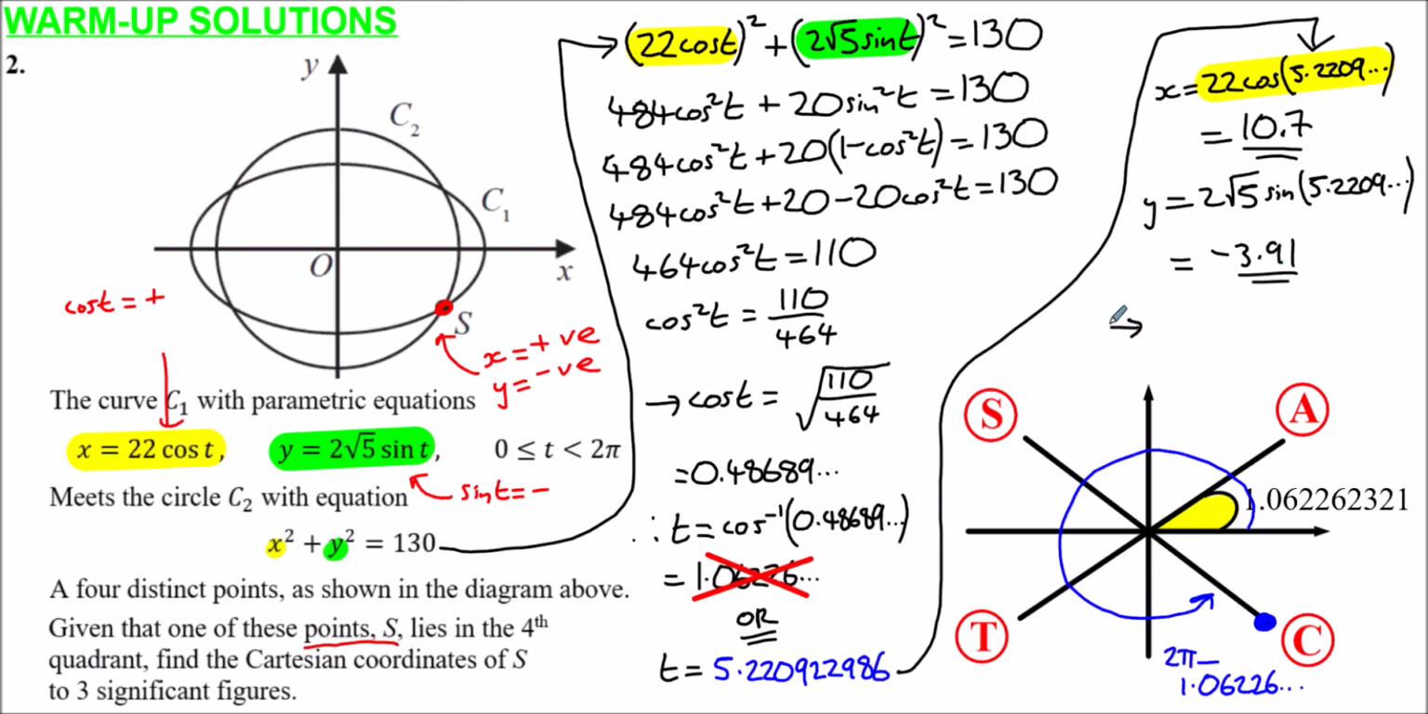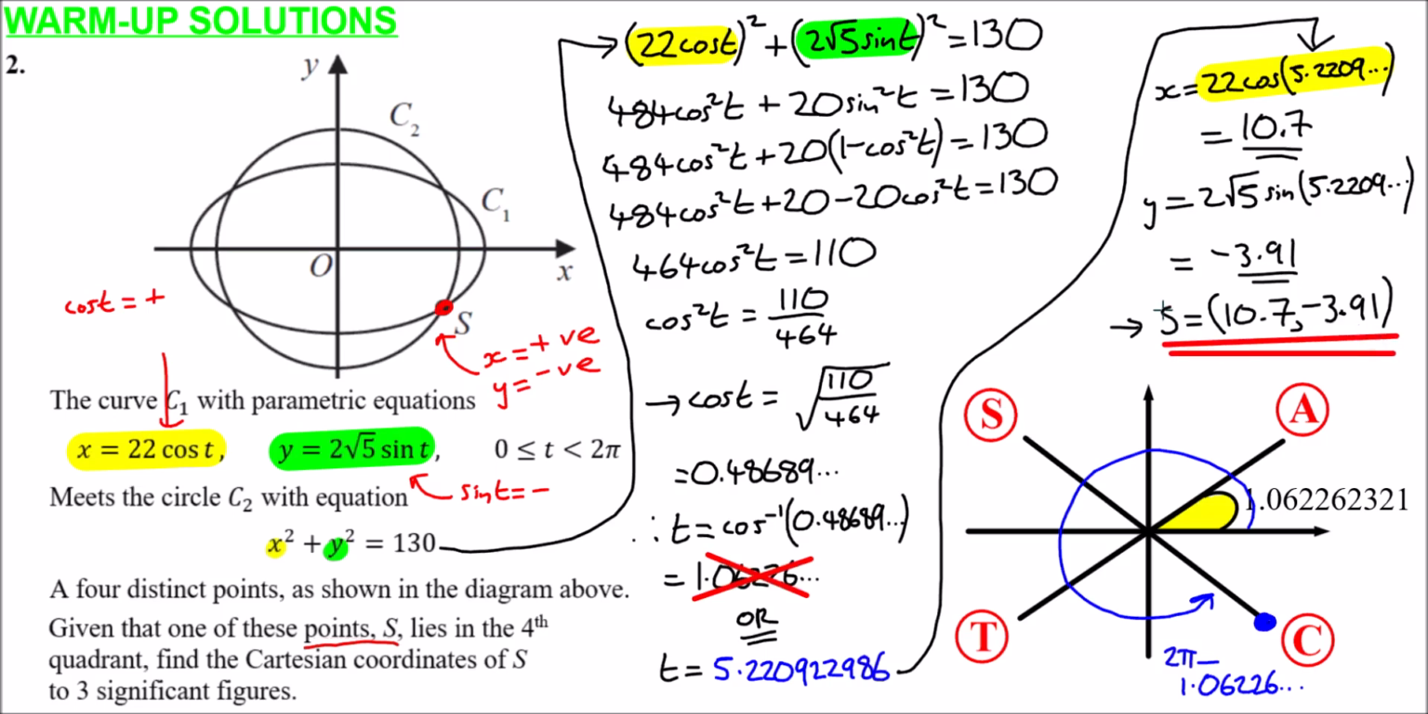Piecing these together, I've now got the coordinates of S. So S must be when x is 10.7 and y is minus 3.91. So now we've done the warm-up questions, let's have a look at the main topic of today's lesson,